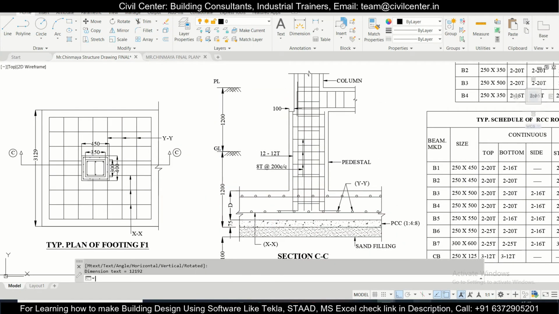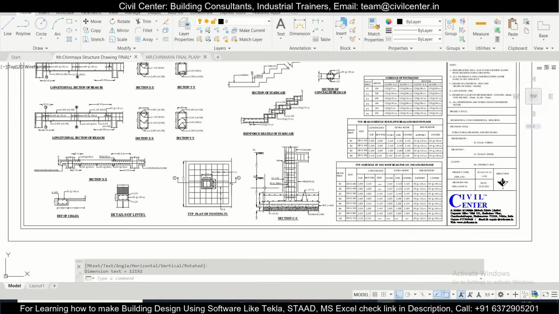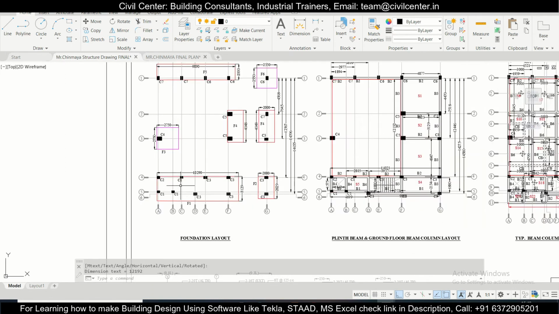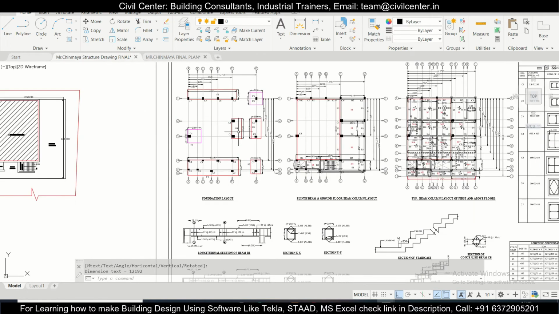So there will be no deduction for the periphery wall, but if the portion of the footing is inside your built up area, like in this case, as you can see, the footing is this one, and this is actually around the entire span. This footing also will come around here. So if it is like this, then we can have some deduction.